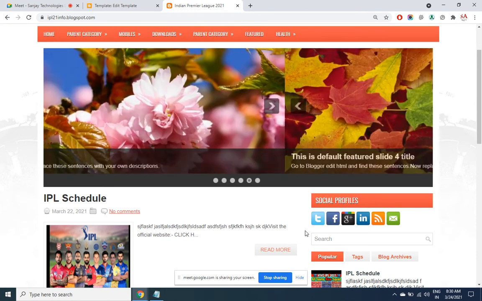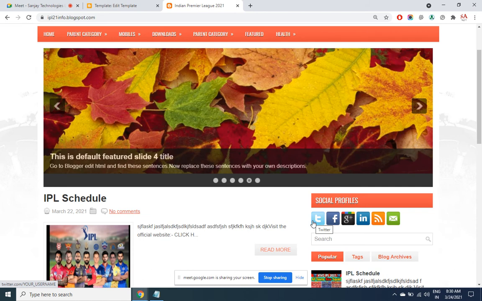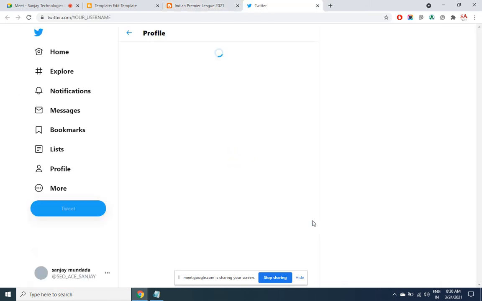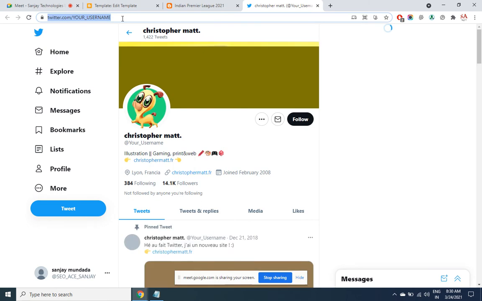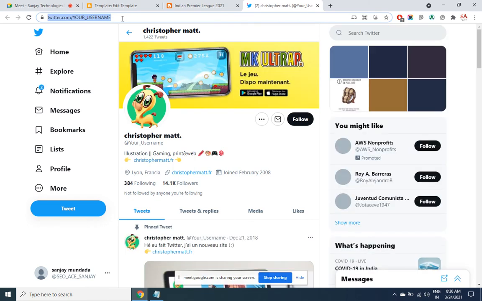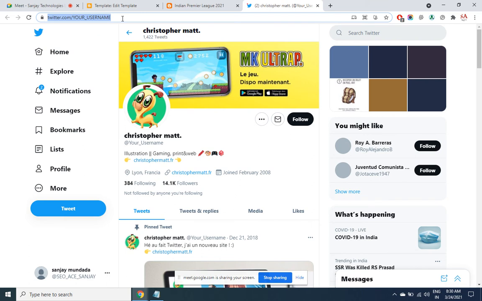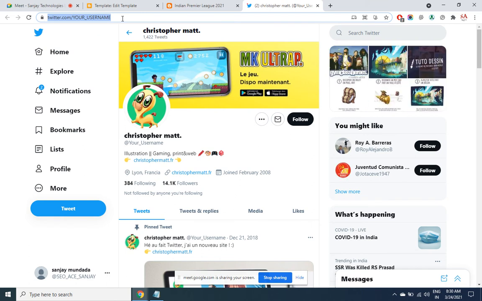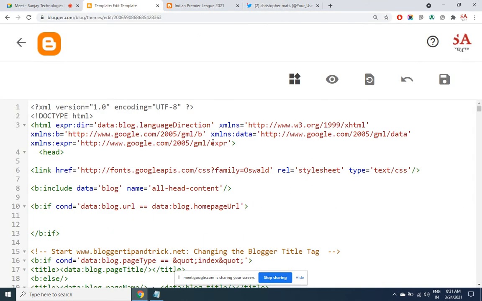But these are dummy links. I click on Twitter, and some dummy URL will open up, twitter.com/your_username. Rather, I want my profile URL to open up here. So somewhere the code must be written like this. That's why that page is opening up. Everything is search, edit, search, edit. So I press Ctrl C to copy it, and in the same HTML code, Ctrl F, Ctrl V to find out where this line of code is written.